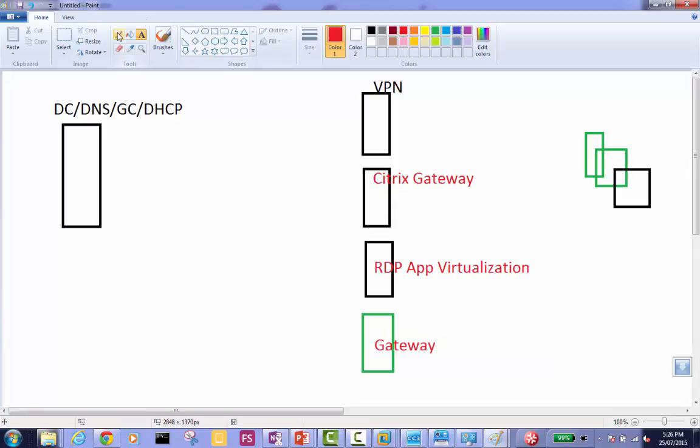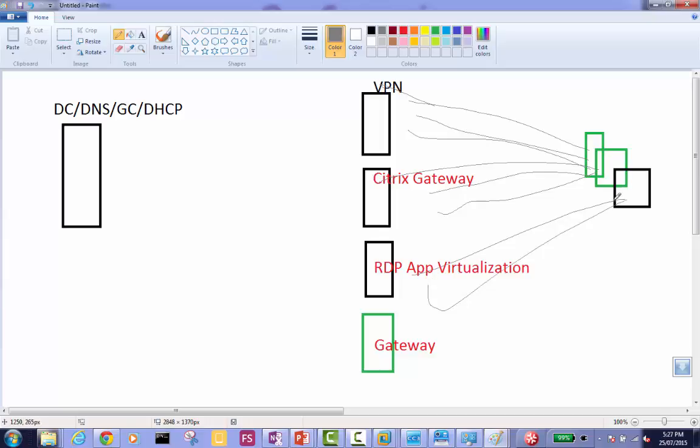So what is happening here is the users are connecting from home, making connections to VPN. It's a big company, so there are hundreds of connections coming on different gateway servers. Some are Citrix users and they need some specific applications, so they are connecting there. Some are app virtualization RDP users, and some other users are connecting to the server as well. Whenever they are all connecting, they need to be authenticated, and then they need to be authorized as well. Authenticated and authorized.